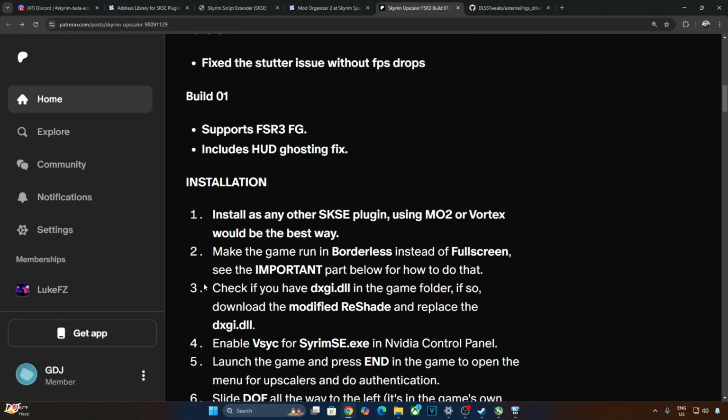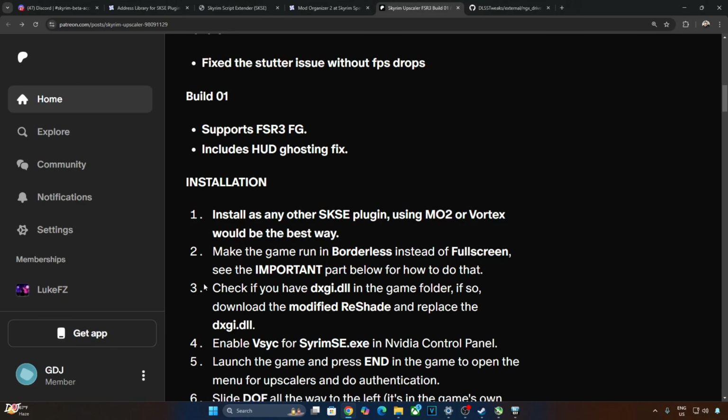Unfortunately this mod is not free. You need to subscribe to Puredark's monthly Patreon in order to gain access to their Discord server where the mod file is present. Their monthly subscription costs around $5. It's a one-time payment only. They also have a DLSS frame generation build for this mod, which only works on RTX 40 and 50 series